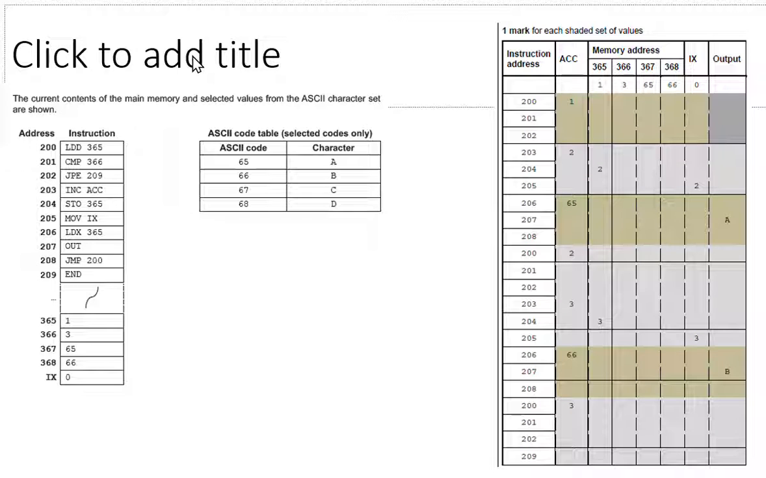This is an assembly code walkthrough. So these are the questions, and this is the completed trace table. These are the answers here. I'm going to walk through all the instructions. So we start at the top